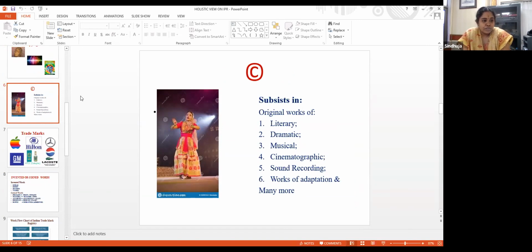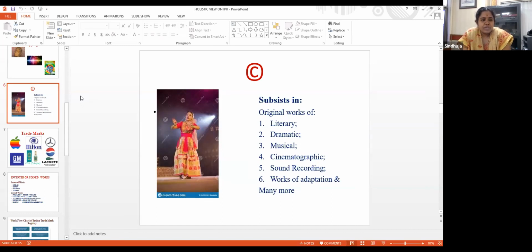Original works of literary authorship, then dramatic, which even includes performers' rights recently, and then musical, cinematographic, sound recording, and works of adaptation. That's what I said, adaptation of a novel into a new film. You may think that these are only in books, but every day we can see these problems come from the courts, either the high court or the supreme court, where directors and script writers say that someone has taken my script, or taken my lyrics or something like that. Even a few years back there was a problem involving the musician Mr. Ilayaraja, who had sent a legal notice; it's all very famous.